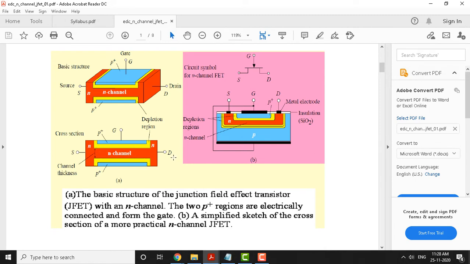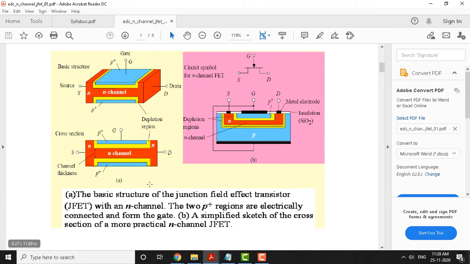Okay. The channel plays a very important role in the transport of charge carriers here. Because the channel is of N type, it will transport the majority carriers, electrons. So, in this type of JFET, electrons are the majority charge carriers. That is why it is called an N channel. There is a PN junction here, and it is going to be called a field effect transistor.